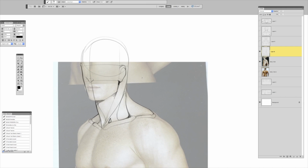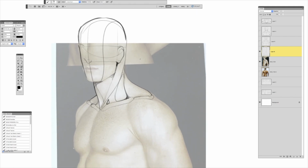One of the reasons that I'm drawing on top of the photo is because it's easy to do the marks and identify the muscles. That's the objective of this way of practicing. Whereas if you take a photo and draw it all over again, you are going to be more concerned with how the drawing is looking, the proportions, and then you will do the muscles, but it's going to take you way more time. The idea is to identify what you see, and instead of redrawing it, you draw on top of the photo, which is easier and makes more sense. So you're focusing on identifying those muscles. That's a good way of practicing